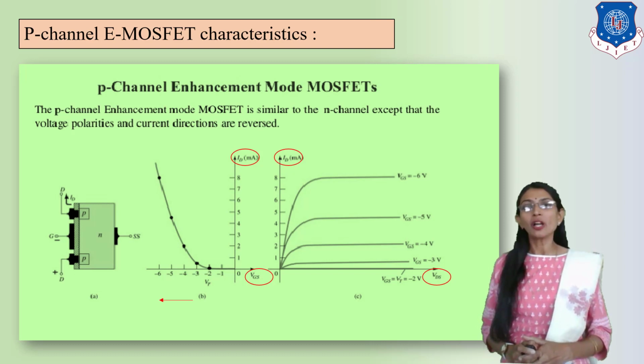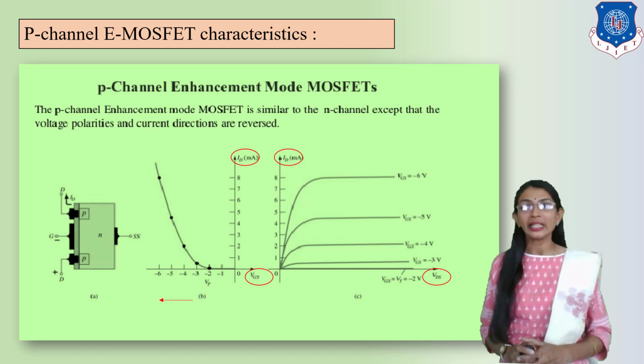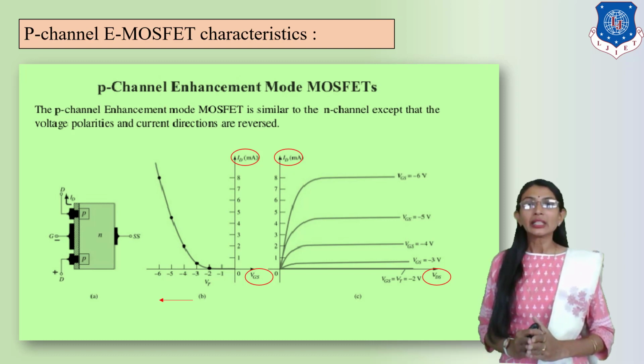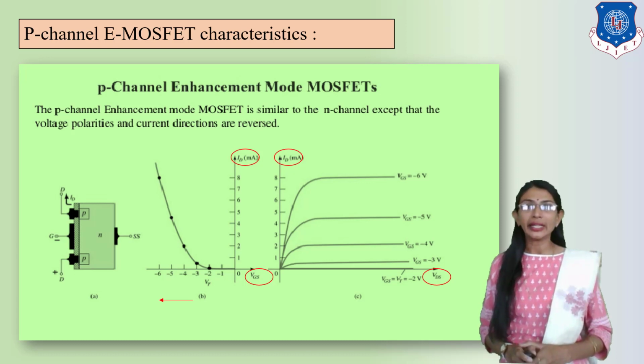So dear students, always remember that if you are drawing the N-channel enhancement MOSFET, then we use a P type substrate, and if we draw the P-channel enhancement mode MOSFET, then as per the construction we have an N type substrate and a negative input battery. Negative battery terminal is connected with the gate. Negative VGS is applied at the input. These are the constant values of VGS for drawing the drain curve.